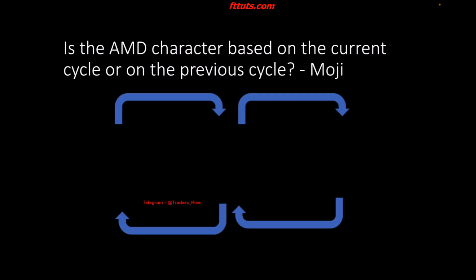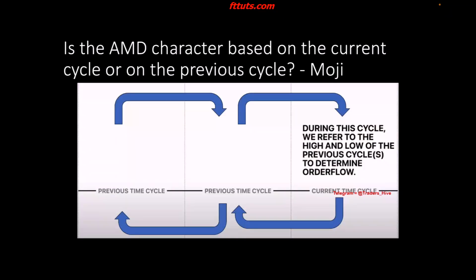So in order to determine that, what we do is we go back into the past to see whether or not the previous cycle has given us clues for what we can anticipate for the next cycle. So if we then take a look at the schematic that I've been teaching you for a while now, it's the following. Where we have the current time cycle in which we're referring back to the previous time cycle, and during that previous time cycle we were referring back to the previous time cycle, so the cycle prior. And this, of course, gets best seen when we start paying attention to the exact timings.